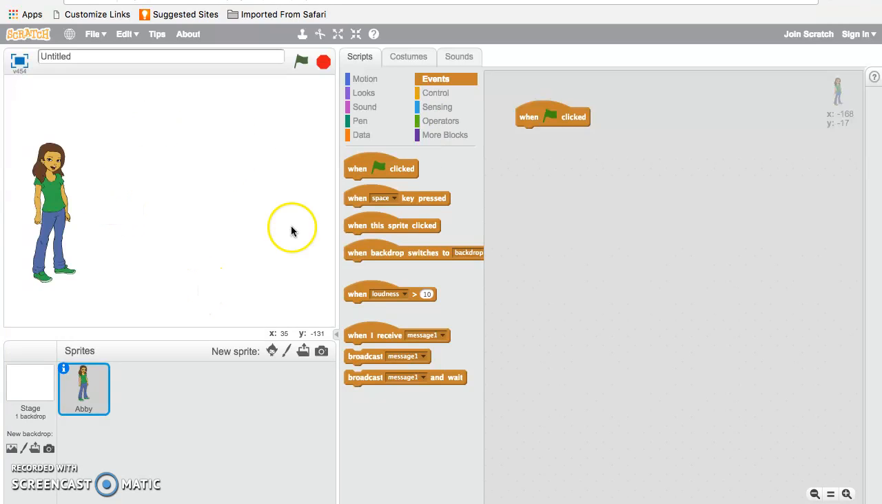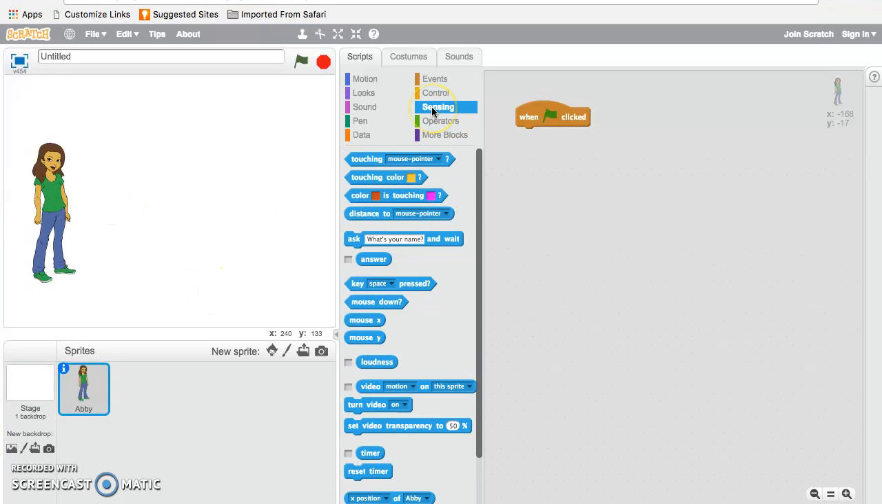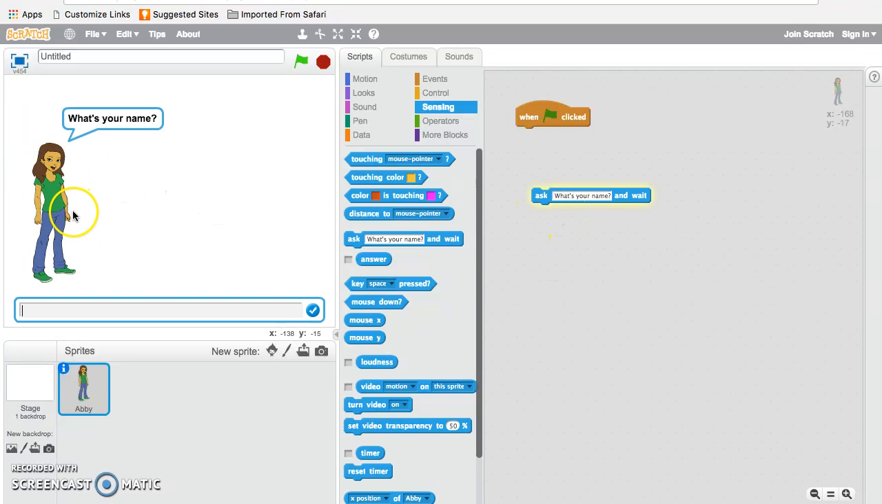So we're going to start out by bringing over a when flag click event block to start the entire animation. The blocks we're going to focus on today are these sensing blocks right here, the light blue blocks, and more specifically we're going to use this ask block. You see when I click on the ask block, Abby, our sprite, asks the question, "What's your name?" and then there is a bar down at the bottom of our stage where a user can actually enter an